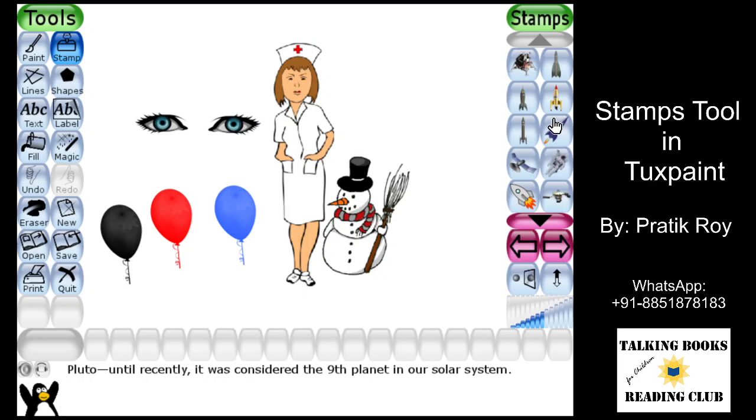Now this collection is for the space. You can see that you've got rockets and spacecrafts and planets. You also have sun here, which makes your landscape beautiful if you want to use that in your drawing, because most of us, when we start drawing, we actually make the landscape with the beautiful sun, and doing it with just a brush makes it slightly difficult, and with the stamp it makes it easier.